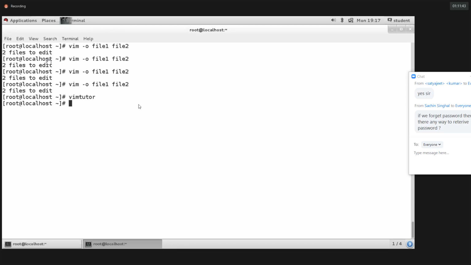We don't have any recovery passwords or recovery software, guys. We need to depend on third-party applications. We should download a third-party application. So you need to remember the password. If you forget the password, it's not possible to decrypt the data again, Sachin. We need to use some third-party applications.